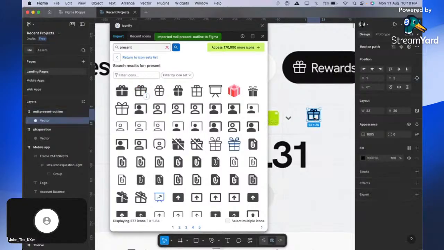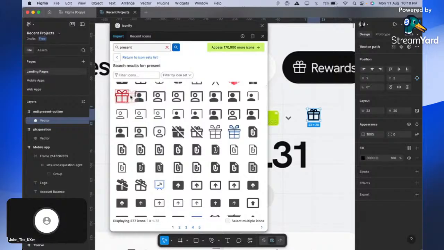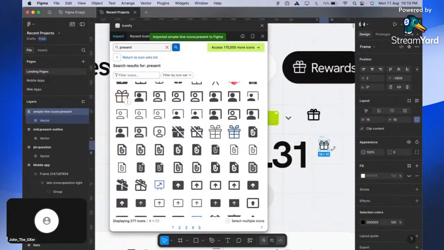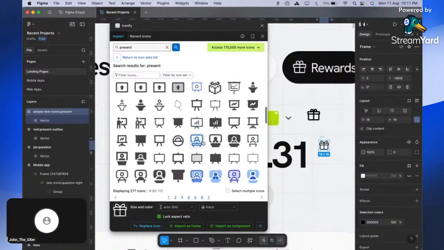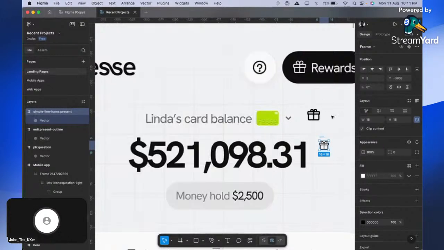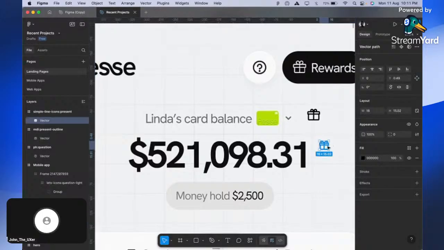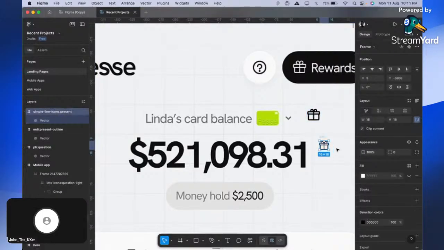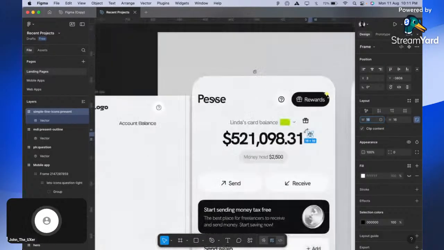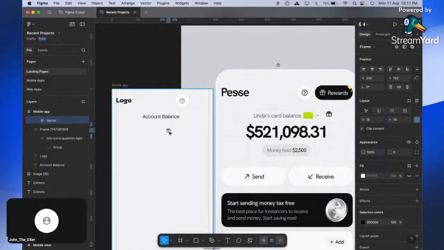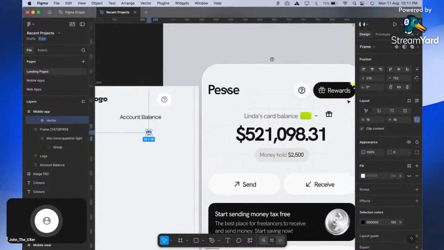So if you look at this, it doesn't have a place for me to be able to edit the width of the stroke. Let me try this one. The same thing. So let me not waste much time. I would have said I should just look for it, but let me just move on to picking it. So I think this one works well, right? Because yes, it is thinner compared to this. So let me just change this to, yeah. So let me bring this in as well. Now we have rewards in